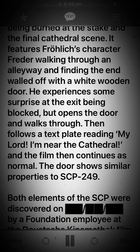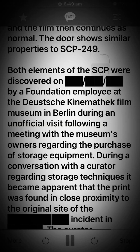Then follows a text plate reading, "My lord, I'm near the cathedral." And the film then continues as normal. The door shows similar properties to SCP-249. Both elements of the SCP were discovered by a Foundation employee at the Deutsche Kinemathek Film Museum in